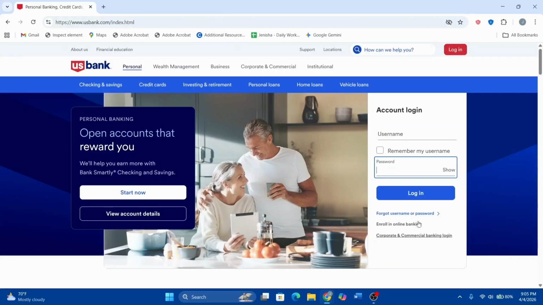Use the forgot username option here if you do not remember it, and contact US Bank support if you can't verify your identity. And that is it, everybody. This is how you should be able to reset your